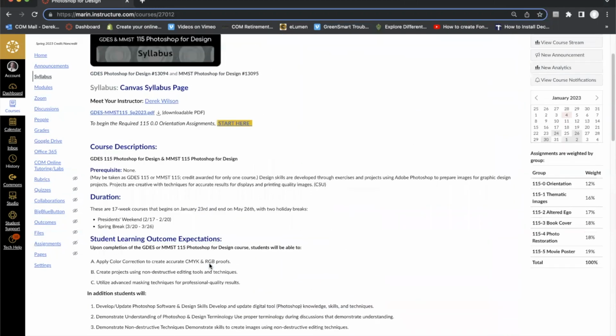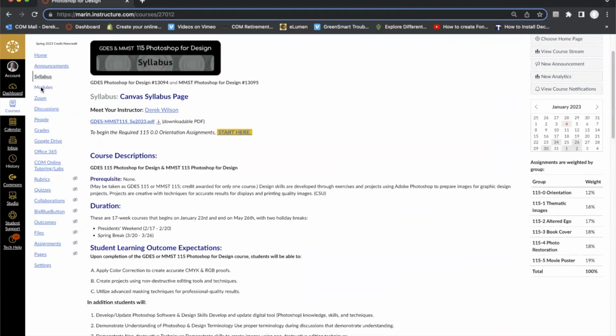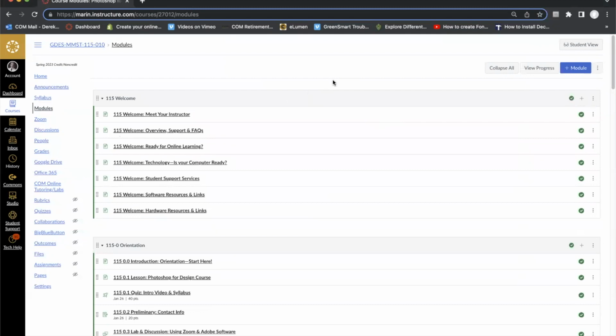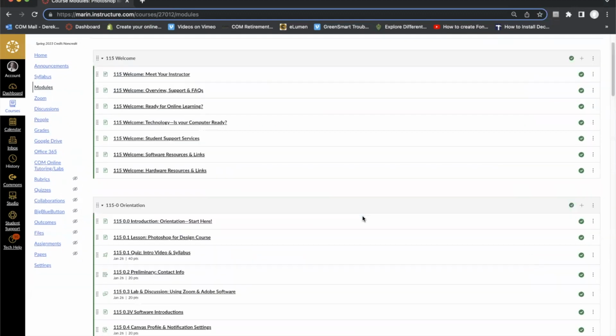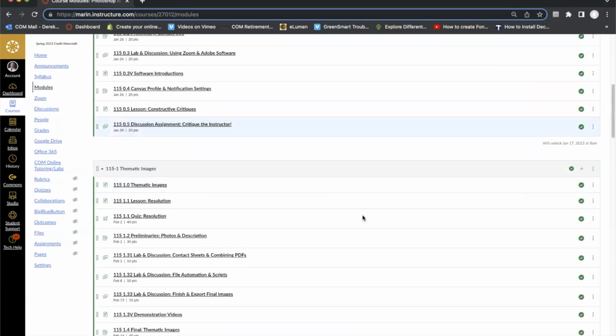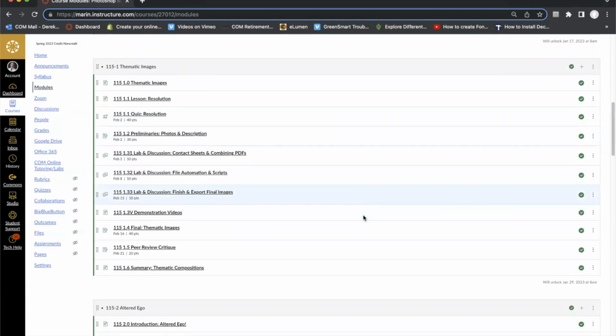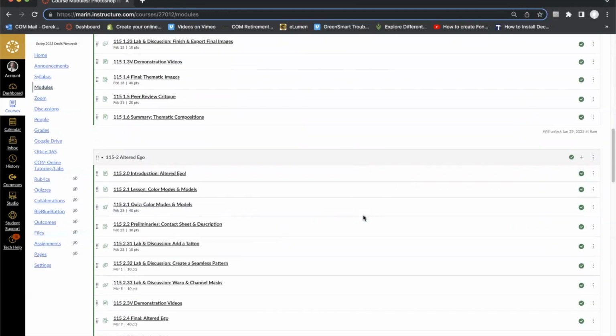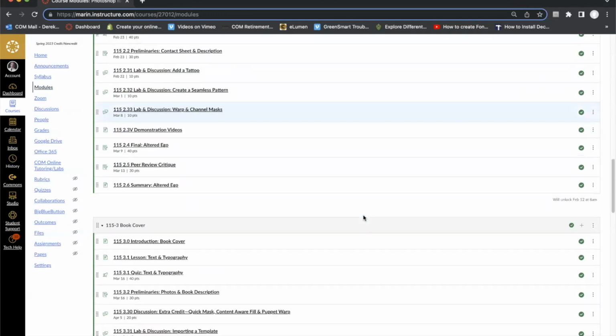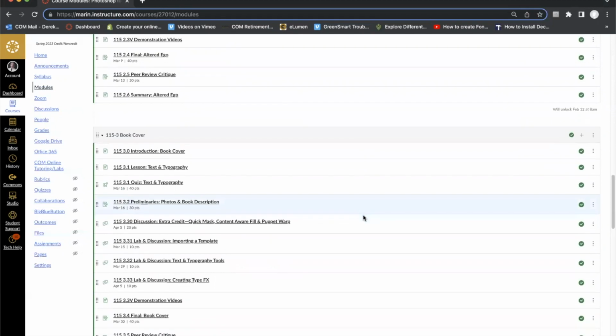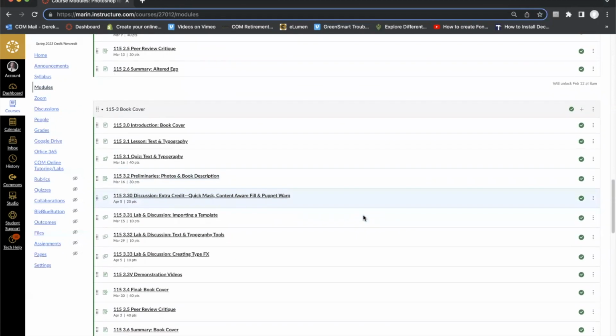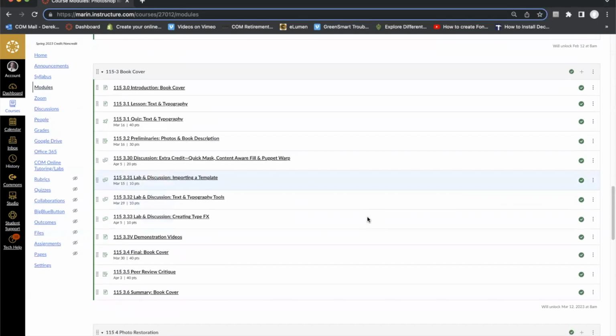If we click on the modules, this is a great way to navigate inside Canvas. You can see all the sections broken down by a module or project unit. And within each one is a consistent layout of all the assignments and activities that take place during each project/module. So again, there's that consistency, so you can kind of use that as a planning mechanism to complete the course